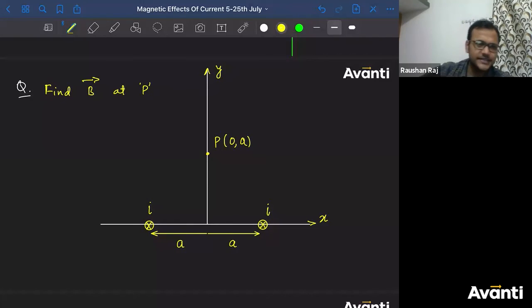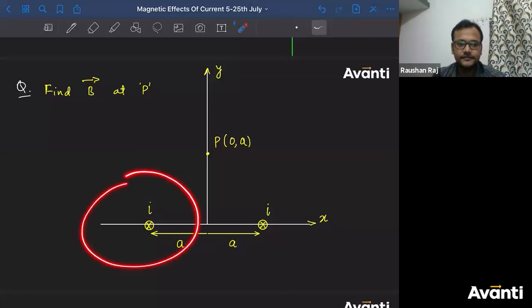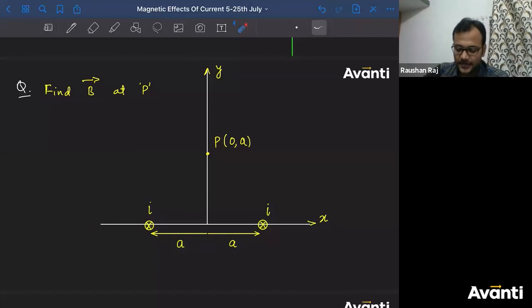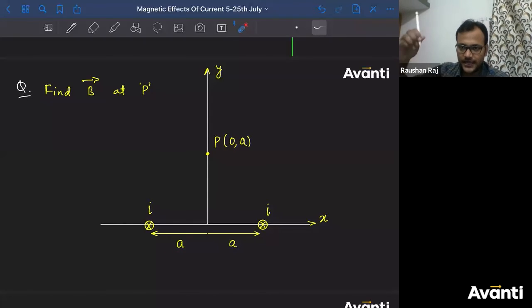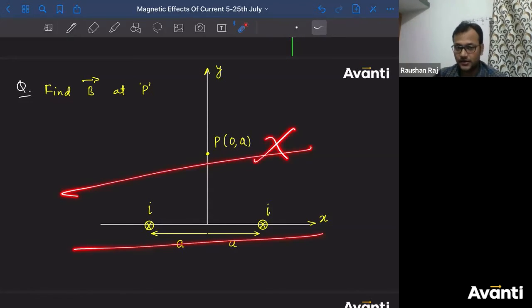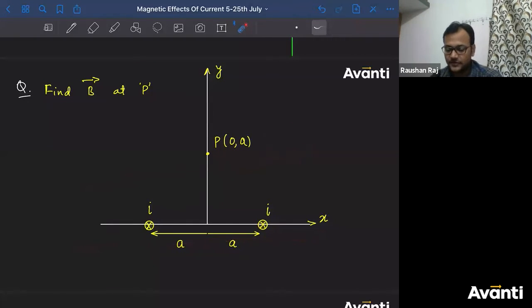Achha guys, did you understand this? What is the meaning of this part? That means there is a current carrying wire which is perpendicular to this plane and the direction of current is into the plane. Same way, there is a current carrying wire which is perpendicular to this plane which is going into the plane. So the wire is something like this, going inside. If you see that wire from the cross section, you'll get this diagram only. Current is not in this plane. All of this is not current. Current is going into the plane. And it is a long wire, not semi-infinite, a long wire. We don't know the end of any of it.